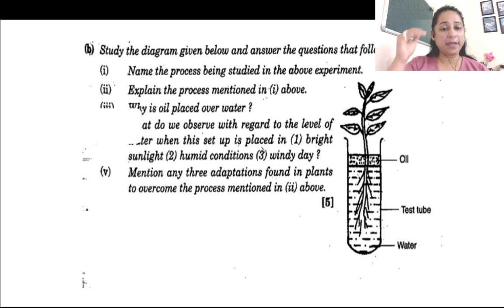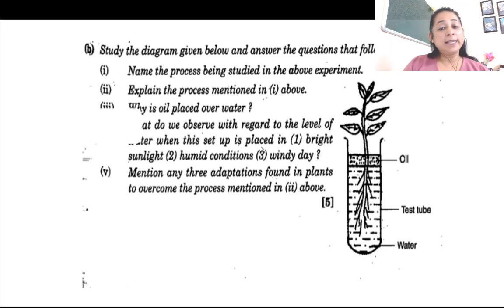As I told you, I have taken diagrammatic questions from plant physiology. We will solve 2-3 questions here together. Then I'll give you 5 to 6, I think, more questions to solve. I'll screen share for a while, and then you can take a screenshot and answer those questions. The first one is: study the diagram below and answer the following questions. Diagrams like these come from experiments. Someone has written in the comments, please tell us how to solve the questions which come from experiments. These are all questions from experiments, from absorption by roots, photosynthesis and transpiration.